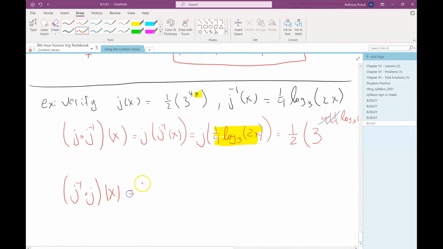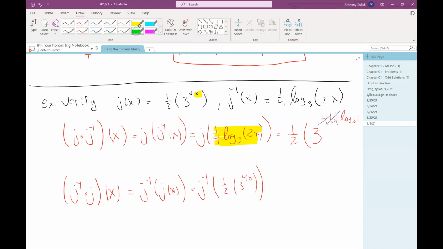So J inverse compose J of x is J inverse of J of x. And in our case, J of x was 1/2 times 3 to the 4x. So we're going to plug in